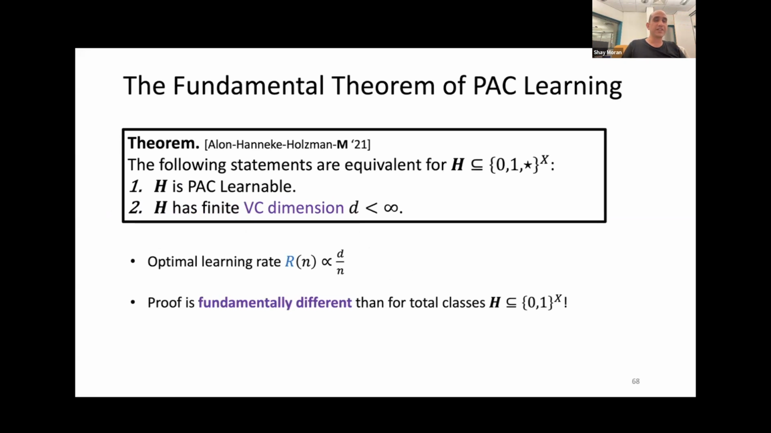However, the interesting fact is that the proof is fundamentally different than the one for total classes, right? As you remember, for total classes it relies on this result by Vapnik and Chervonenkis, and a sound way to learn a total class is just to output any consistent function from the class. Here, this is not the case. The proof uses graph theory. It uses an interpretation of learning algorithms as orientations of particular graphs, and